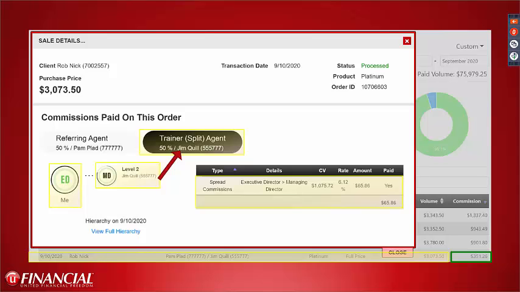So this really breaks it down to any type of scenario that you want to see. You want to see who's in the hierarchy, where the overrides went, who did the training, who got the overrides, who got the split sales, and what the compensation is. So John, this is really good in the details of it. I mean, you can get down to the details of knowing everybody that got paid, everybody that was involved. Really good. Thank you, Steve. Hopefully everybody enjoys this as much as we have in getting it out to you.